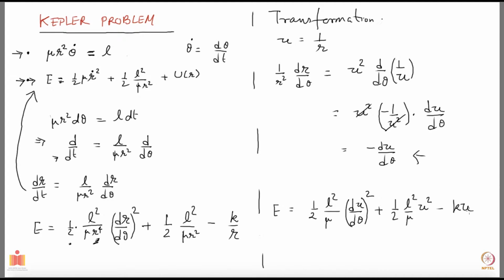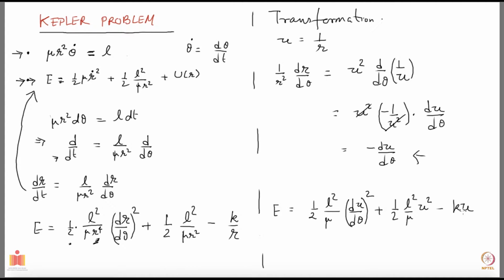Okay, that's nice. Now energy is a constant of motion. So whichever way your particle is moving around in the field, wherever it is at any point of time, E is going to remain constant. Meaning if I take a derivative of E with respect to theta, the left hand side, the E is going to be killed, and it will give me 0.